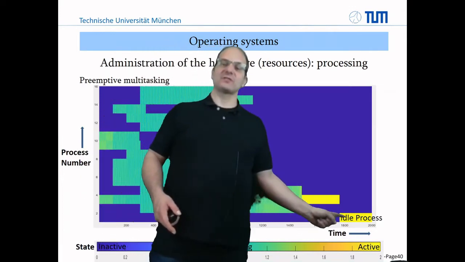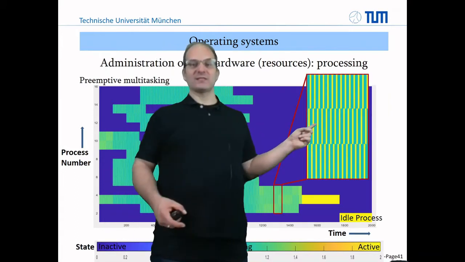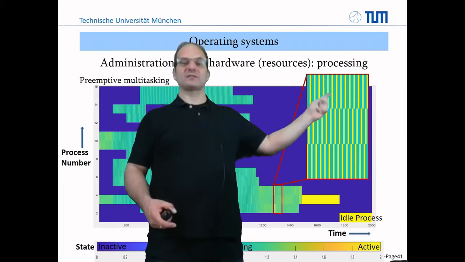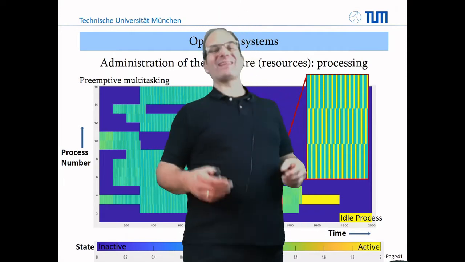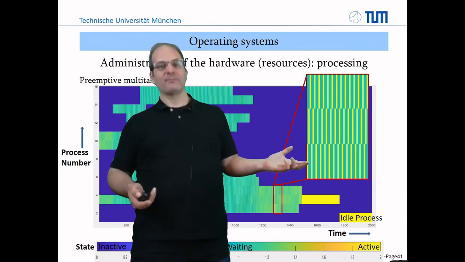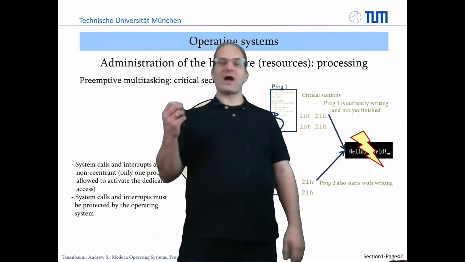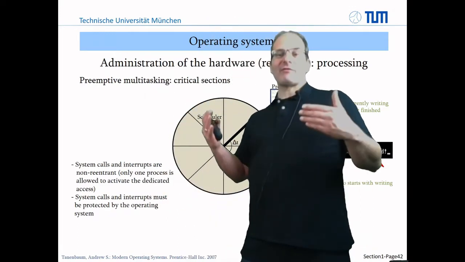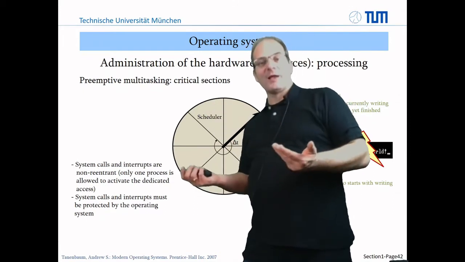And if no process is active, you have this idle process. So if you look at this, you always have small pieces where the different processes are active. They are not active at the same time, but it looks like it would be like that. Okay, so therefore it's a quite helpful, quite handy way to have interactions with users, for example, and